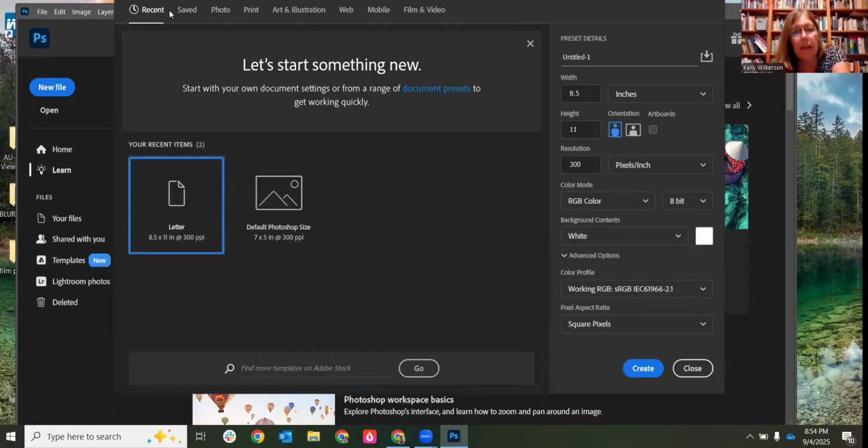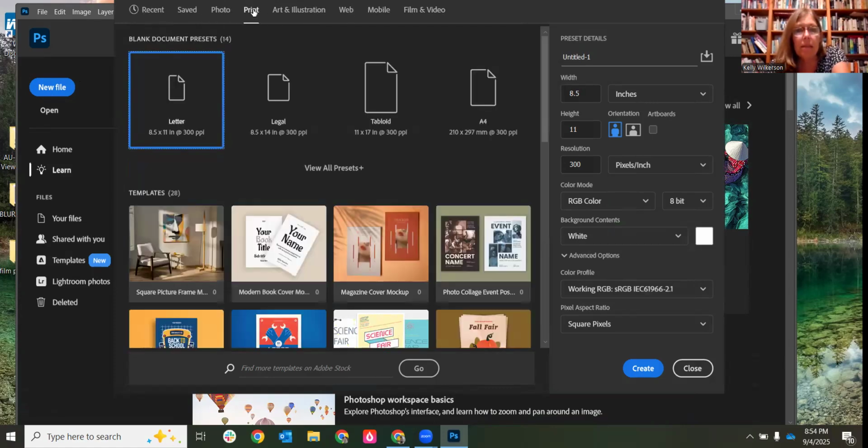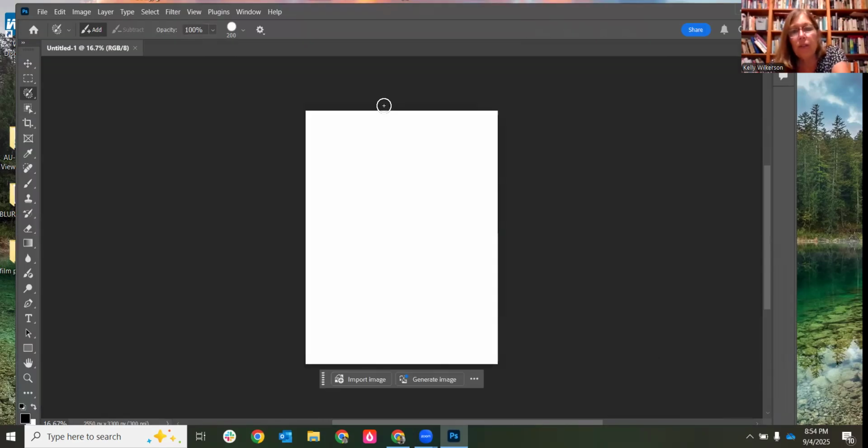And look up here. I want to right now do something that's a really big file. So I'm going to click on Print, and I'm going to click on Letter, and then I'm going to click on the different orientation. I'm going to click on Portrait, and then I'm going to do Create. When I do that, it ends up like that. So I want to show you a little bit about this workspace, and especially I want to show you the